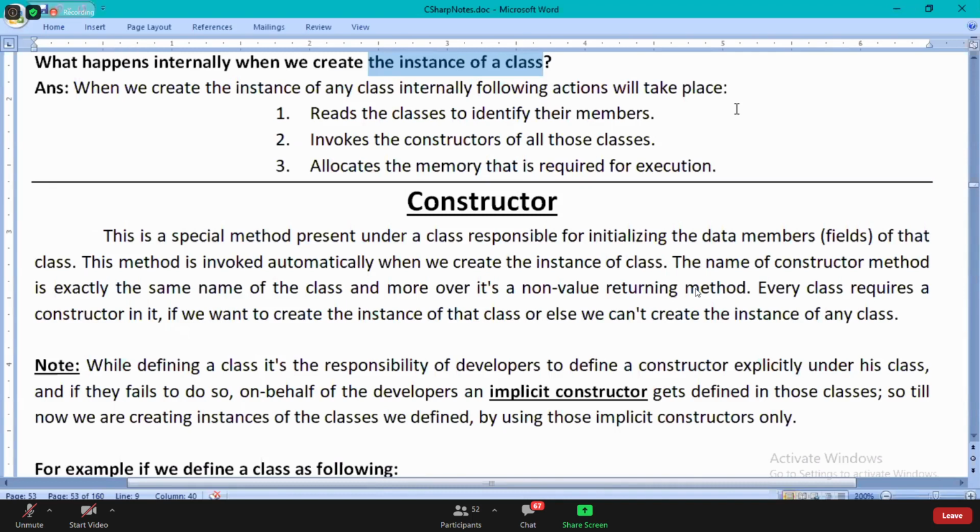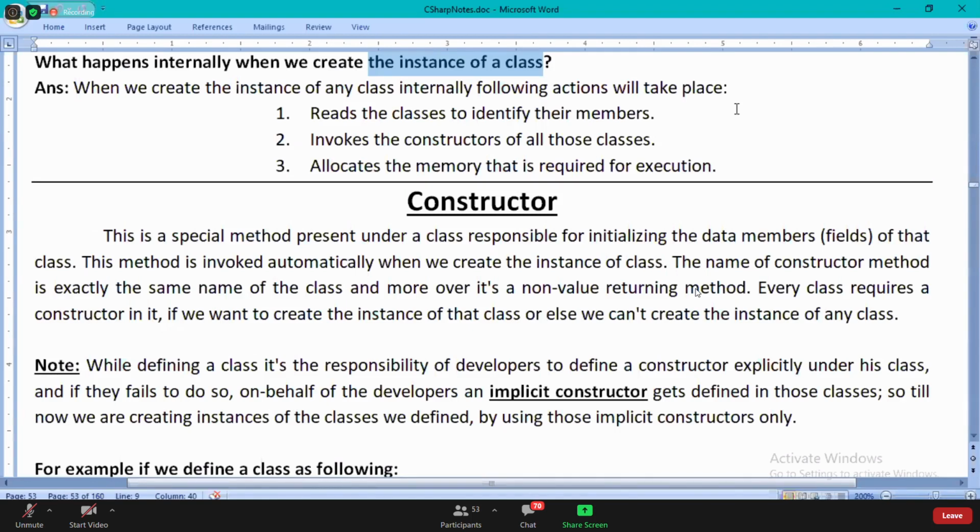Do you want to consume the members of a parent class? If you want to consume the members of the parent class, then you are required to clearly know what the members of the parent are.